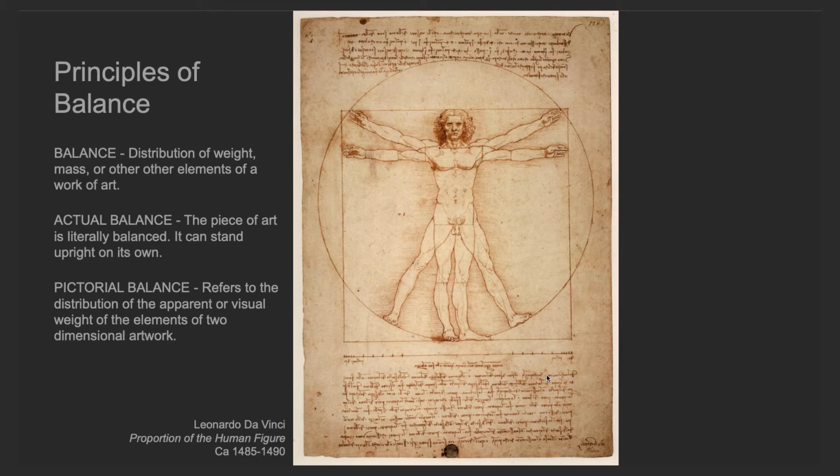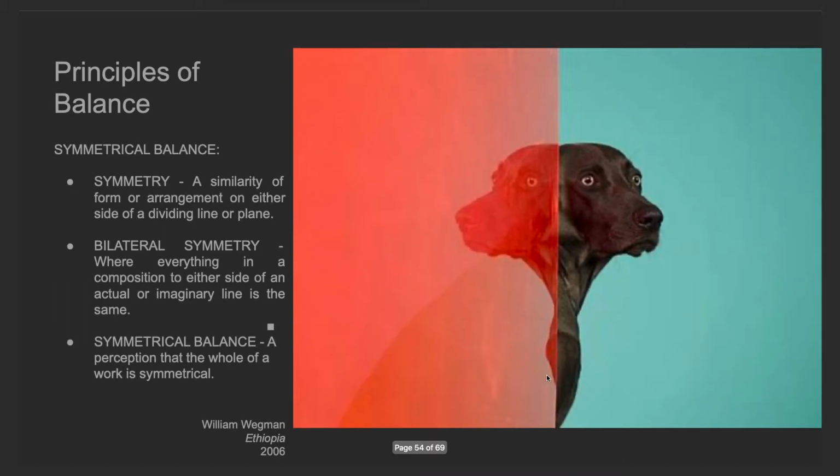Principles of balance. There is symmetrical balance, such as this photograph, bilateral symmetry and just symmetry. So then this is a horizontal balance